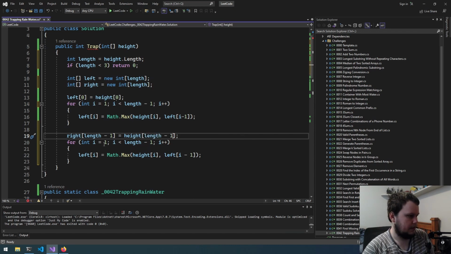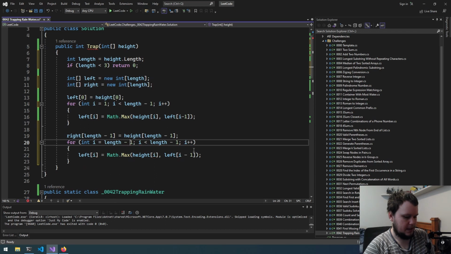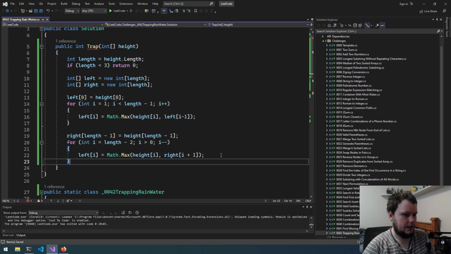So we'll start off with i minus 2, and this will be greater than 0, i--. This will be height[i], right[i + 1], and the one which is greatest. What we then do